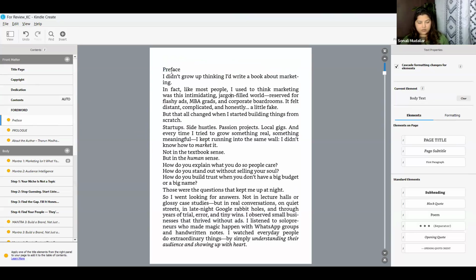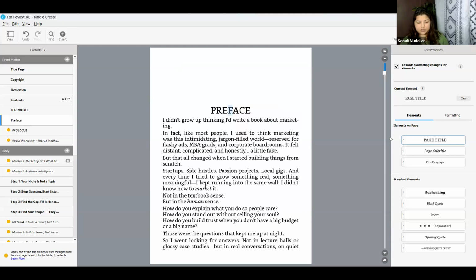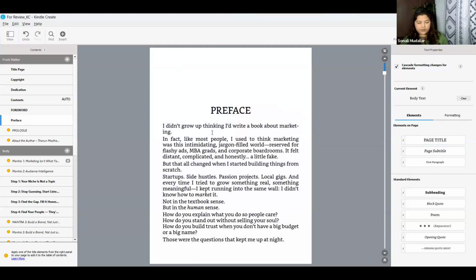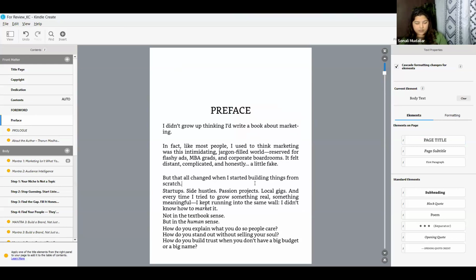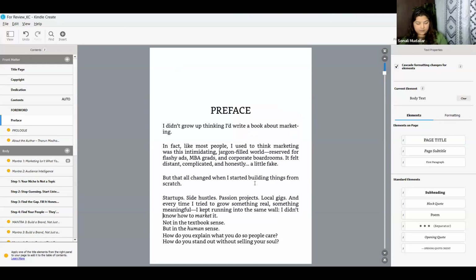So now I click on this. I make it the page title. And I hit enter because I don't want it to be sticking together. I'm going to just go ahead and keep on clicking and changing things quickly.